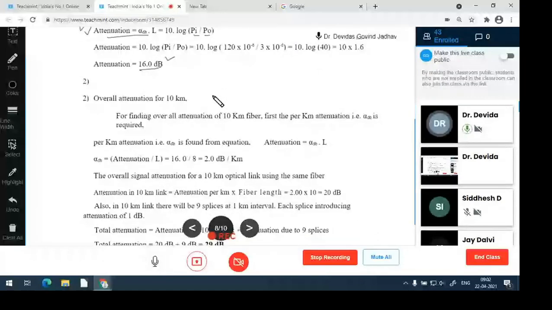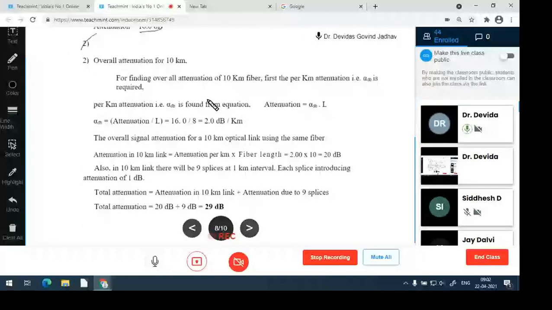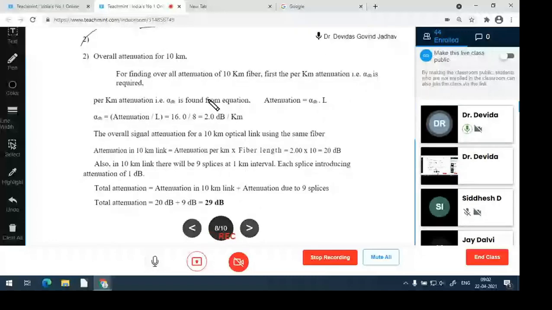So from this 16 we can calculate alpha dB. Or for 10 kilometer we have to calculate in second each number. So first we have calculated the overall attenuation for 8 kilometer under these conditions. Then second, overall attenuation for 10 kilometer we have to calculate with splices at each kilometer interval. So this is the situation where the same fiber is used,